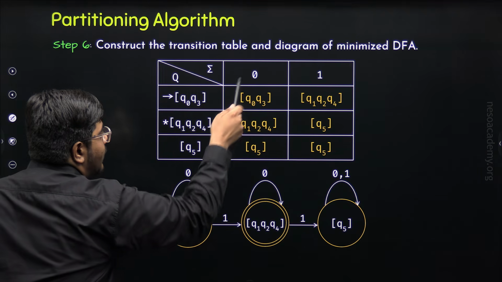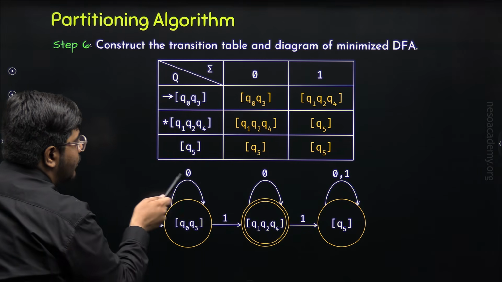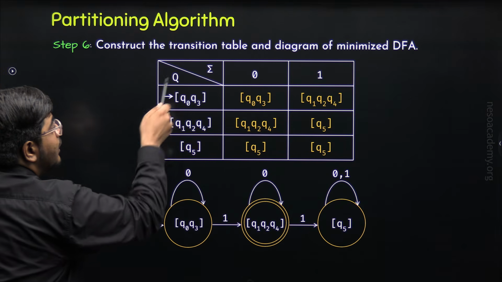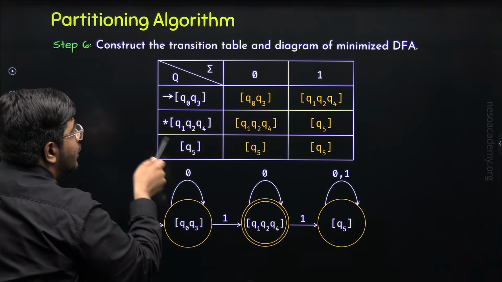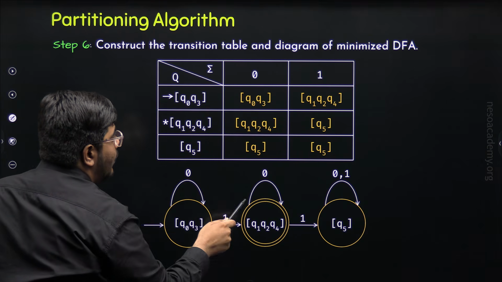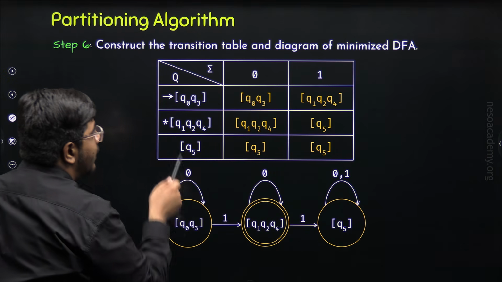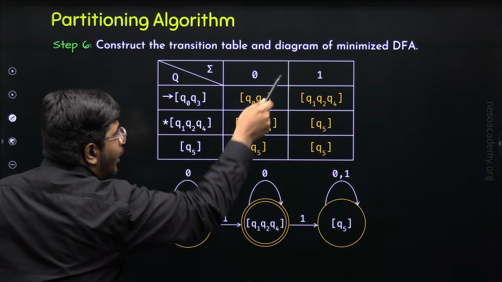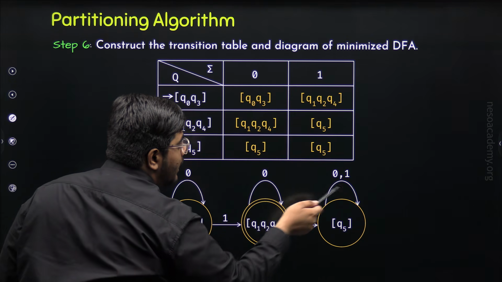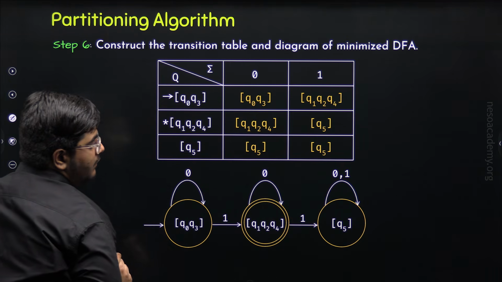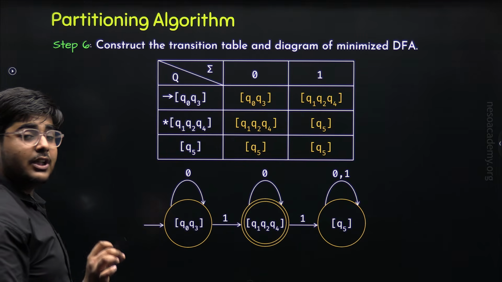Q0, Q3 on 0 gives Q0, Q3. Q0, Q3 on 1 gives Q1, Q2, Q4. Q1, Q2, Q4 on 0 gives the state itself. Q1, Q2, Q4 on 1 gives Q5. Q5 on both 0 and 1 gives the state Q5 itself. So this is the transition diagram